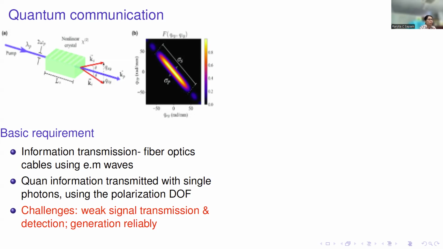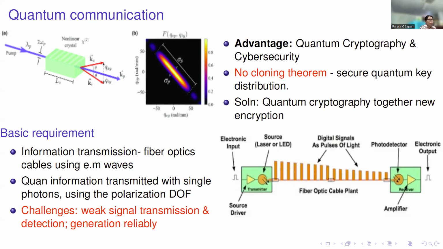And the other challenge you will see in quantum information is that, since it is quantum, I have to transmit my information in a single photon. You need only one photon to carry the information, contrary to what we see in classical communications. Like when you speak on a telephone, the sound wave you produce is converted into an electronic input, and a pulse of laser light is transmitted into the fiber.